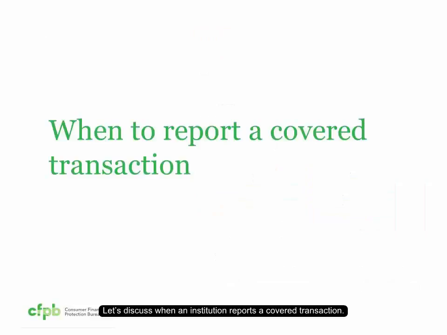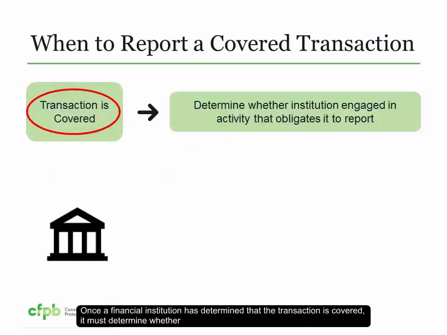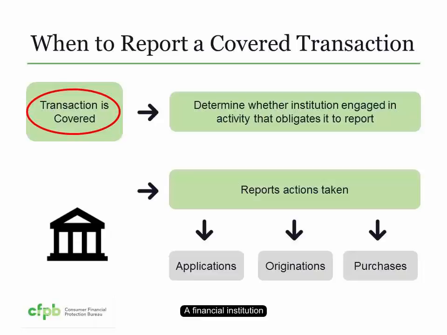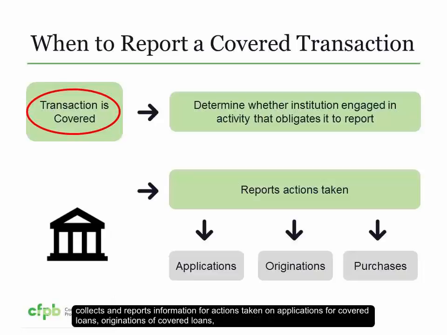Let's discuss when an institution reports a covered transaction. Once a financial institution has determined that the transaction is covered, it must determine whether it has engaged in activity that obligates it to report information about the transaction. A financial institution collects and reports information for actions taken on applications for covered loans, originations of covered loans, and